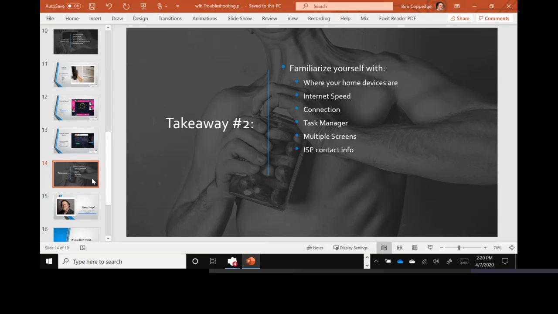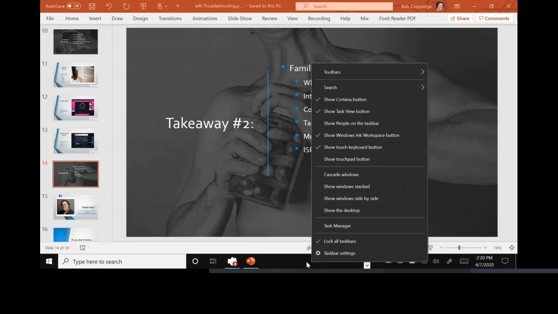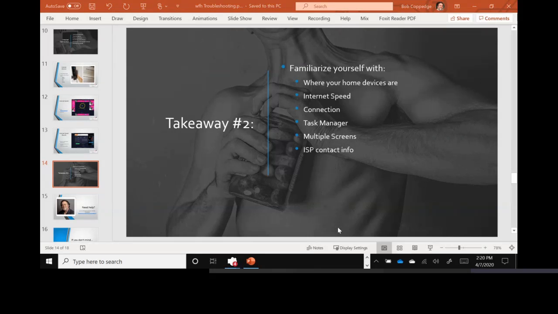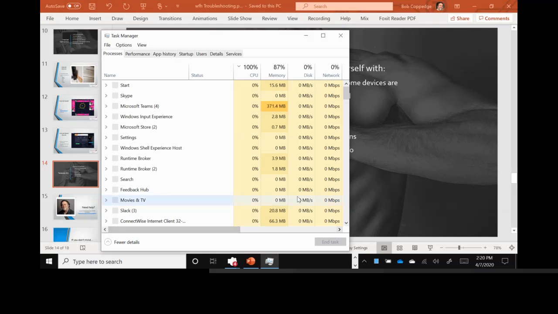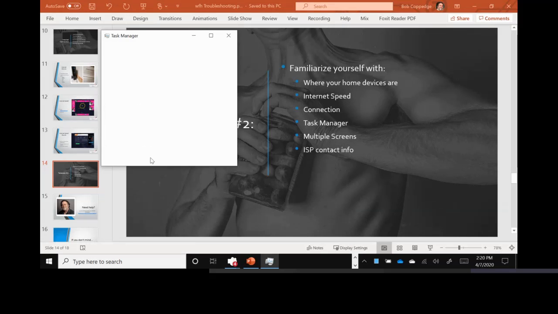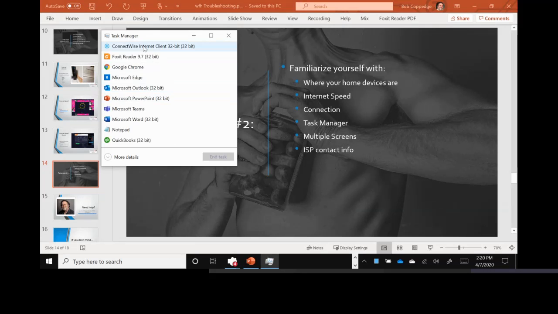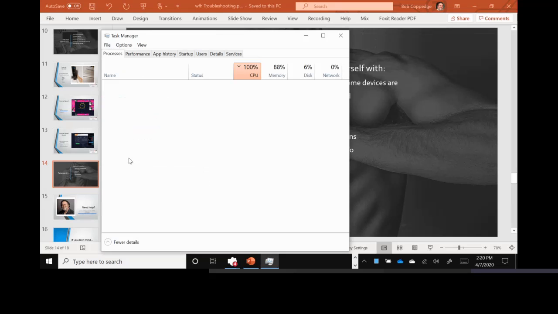And then also I talk about the task manager. What is the task manager? The task manager is essentially a list of here's all the stuff that's going on right now on your computer. And if we just right-click down here where there's nothing on the bar, and I'm going to select Task Manager. And I think you should be able to see this as well once it comes up. And I only want to show you a couple of things here. And you may come up with this view, which just shows you here's all the stuff that's running. And if you click on more details, though,